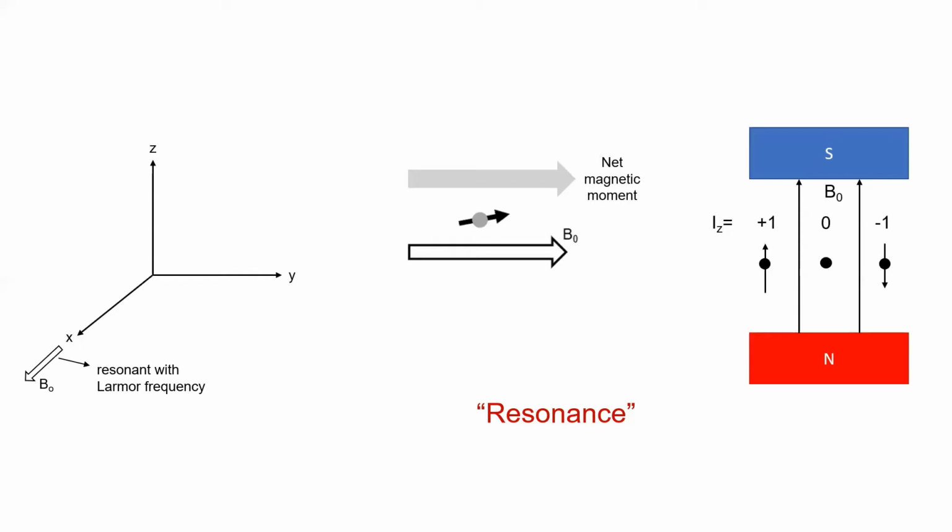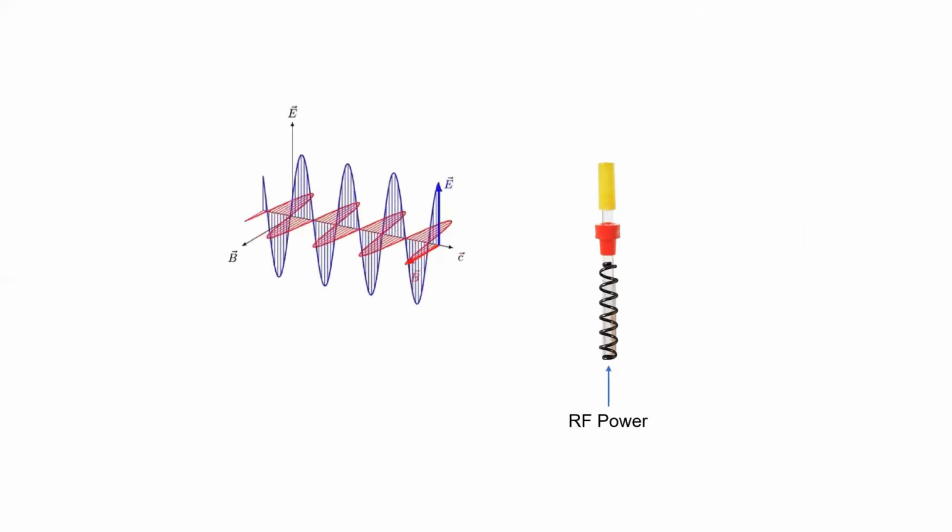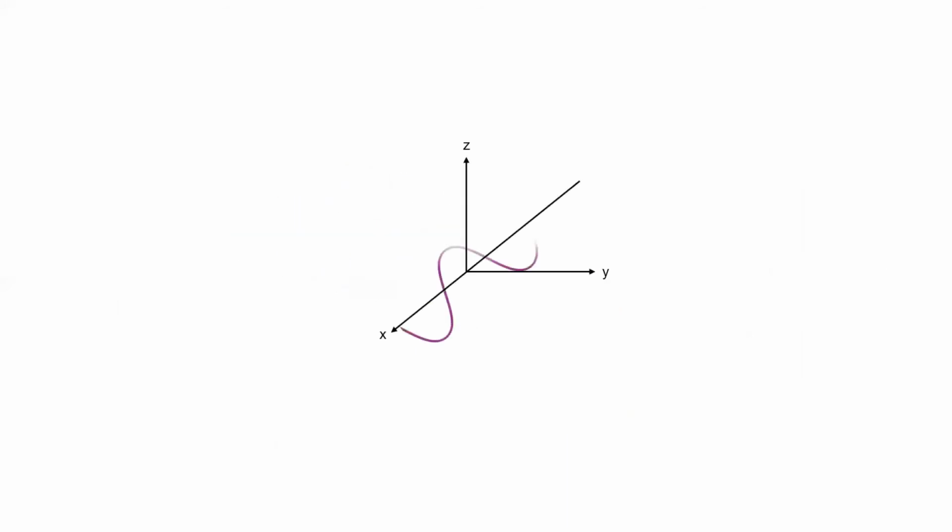To understand this, I'm in a position to introduce the idea of the rotating frame of reference. When we apply the RF pulse to the coil surrounding the NMR tube, we are introducing an oscillating current. This oscillating current creates an oscillating magnetic field along the x direction. So similar to the electromagnetic field, the resulting field we call the RF field. This oscillating magnetic field goes back and forth along the x-axis with a frequency omega RF, called the transmitter frequency. Remember, this is equal to the Larmor frequency as we want resonance.